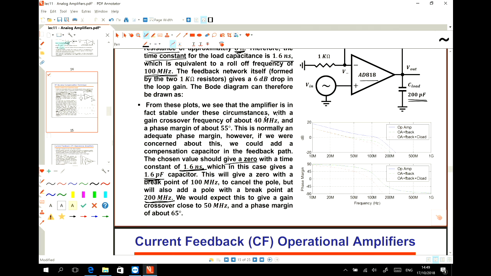So if we look at these graphs, what does this graph say? The main thing in the stability of an amplifier, we should always look at the phase margin of the amplifier. For example, at the operating frequency of 100 megahertz, or assume 50 megahertz, because at 100 megahertz the gain is almost around 0 dB. I mean, this is the cutoff frequency of this amplifier. So at 50 megahertz, if you look at the graph, you see that without